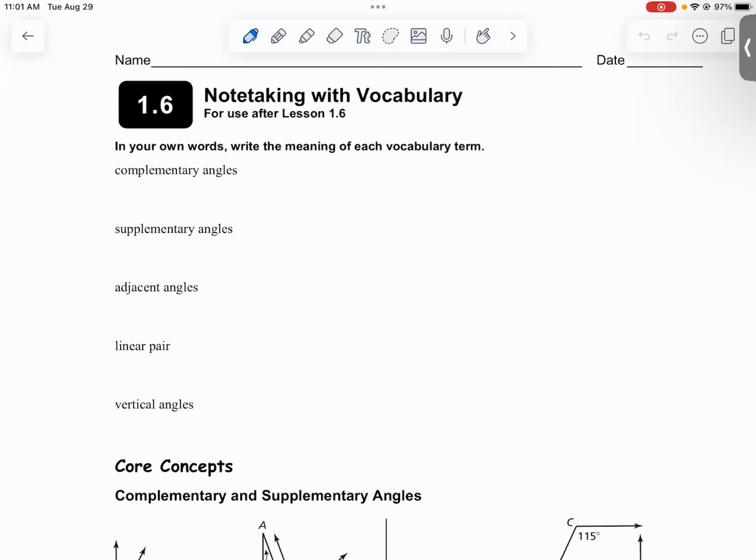I think that there should be at least 2 of those words that you should be able to sort of figure out, if not 3. Let's see if maybe you have all 5 of them figured out. See what you can remember. What do they mean? Supplementary equals 180, the sum equals 180, and the complementary equals